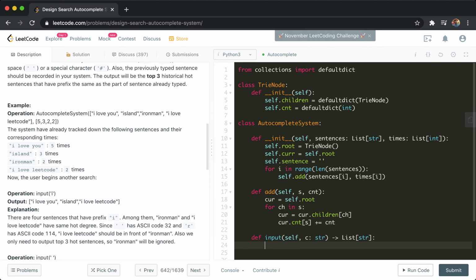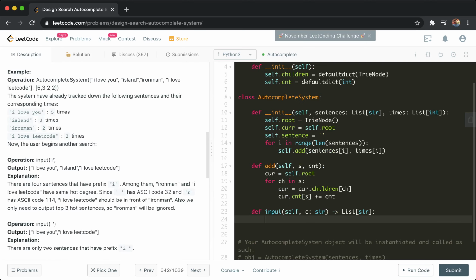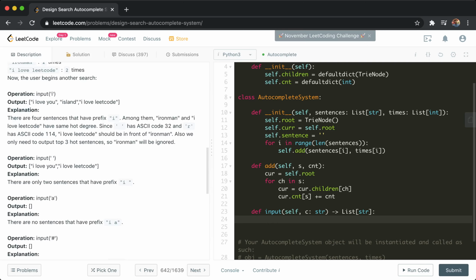Next, what we need to do is basically input. So input is the main function that would be called every time. So the input can be differentiated into two types. The user gives in a character every time. If the character is a hash character, we know that's the end of the string. If it's not a hash character, we return the top three. Okay, so if c is equal to hash,